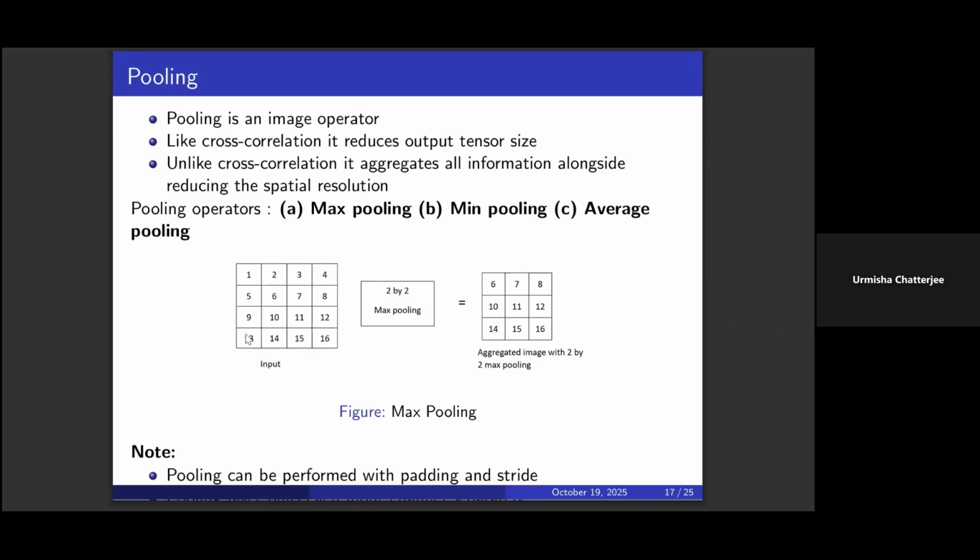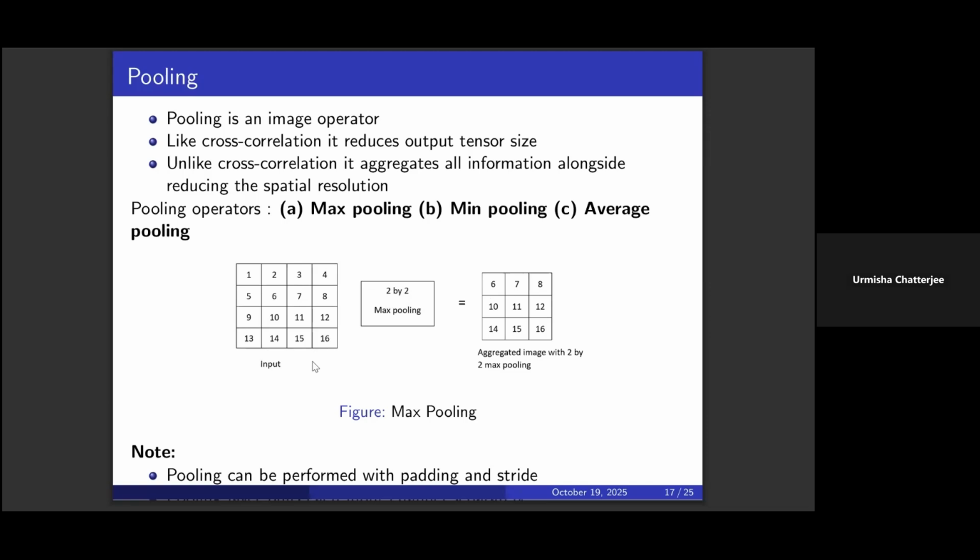Here I have shown a 4 by 4 pixel image, and I'm using 2 by 2 pooling. That means every time I'm considering a 2 by 2 window, finding the maximum value of that as the first element in the output image. Then I move that 2 by 2 window to 2, 3, 6, 7. 7 is the value in this way. So here you don't have to use any parameters to aggregate the information within the image. You're aggregating everything and reducing your current input image size.